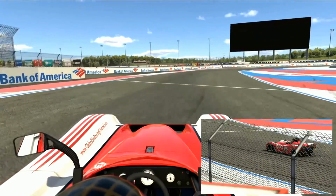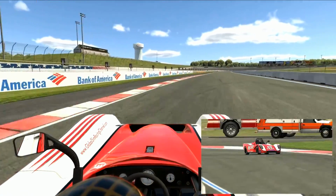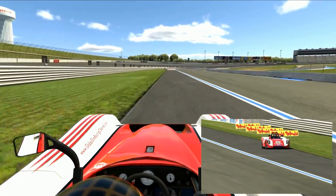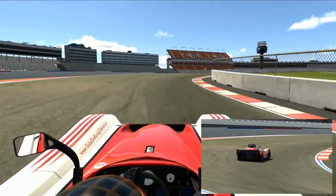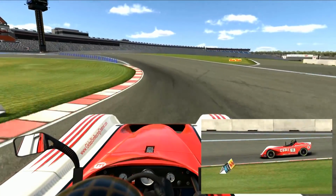It's very difficult to find a fast way through this corner because it effectively creates one long arc into 4. You might notice you can take some liberties with those blue lines as they don't indicate the track limits. You're allowed to run it all the way out to the grass. 5 can be taken flat out, but you want to keep the car stable since you'll be braking right away for 6. The combination of the crest and the concrete wall at the apex make this a very blind corner,